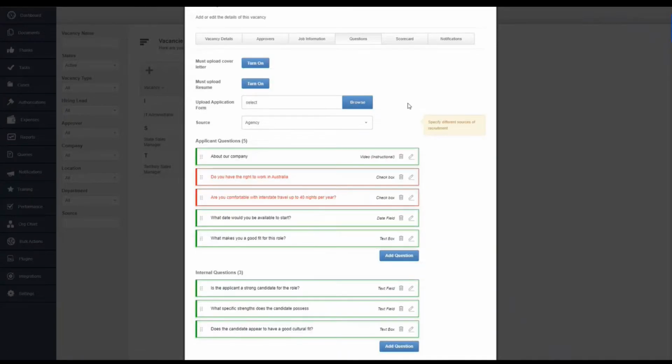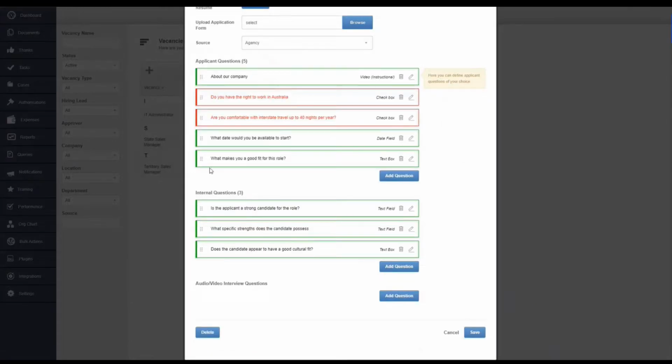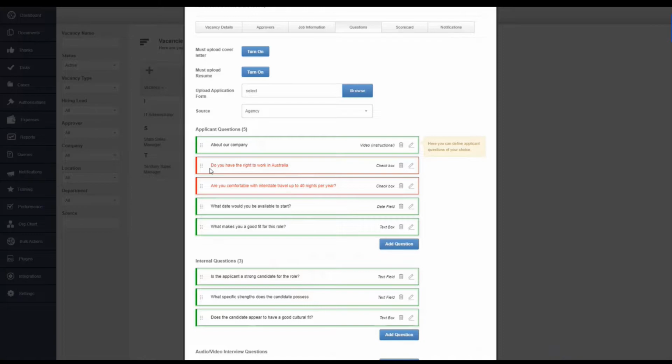In our questions pane, you can pretty much add as many questions as you'd like and have them be mandatory or optional. You can choose whether you want your resume and your cover letter to be mandatory to upload as well. Any application forms that you might want to upload, which could potentially be separate, you'll be able to upload through here as well. You can also edit and manage your questions through here. You can change the order in which you want the questions to be answered. This allows you to create a much better snapshot or view of the applicants that have answered the most amount of questions as well,